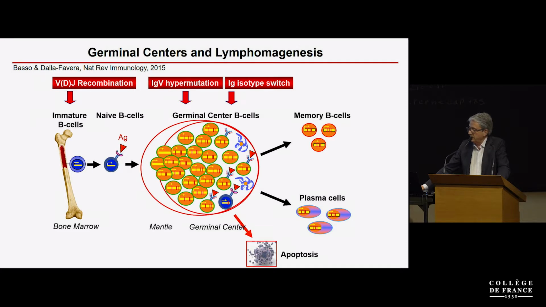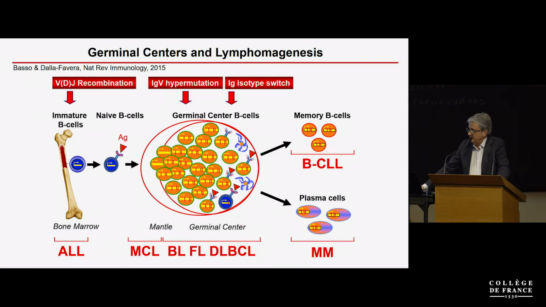So this simple introduction is to say that there are genomic modifications throughout the life of a B cell, particularly in germinal centers, that are unique to lymphocytes, and some unique to B cells. They are very useful to determine high-specificity humoral immunity, but they do present some risk in terms of genomics. And in fact, if we look at the most common human malignancies, acute lymphoblastic leukemia originates from immature cells, and most of the 40 or so types of B-cell lymphomas that pathologists have identified through the years,